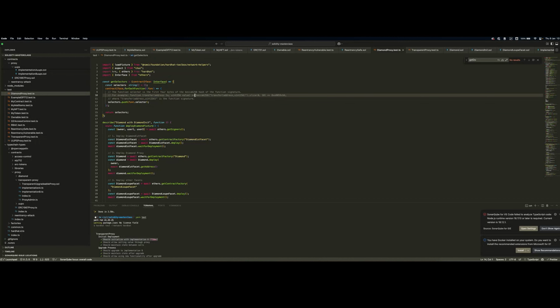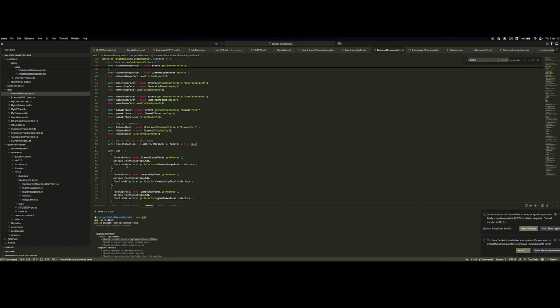And then we're performing a hash of the function signature and slicing the first 4 bytes. It's from 0 to 10 and not 0 to 8 because the first 2 values are 0x in the case of hex strings. Therefore, we have to slice from 0 to 10. And the result basically is a 0x hex value. And this value is the function selector of the transfer function. So what we're doing here is transforming all of our functions into function selectors and specifying those in the specific cut, in this case, of the diamond loop